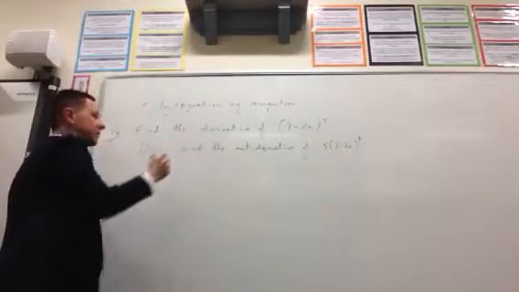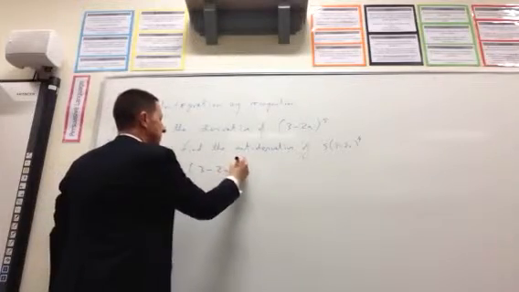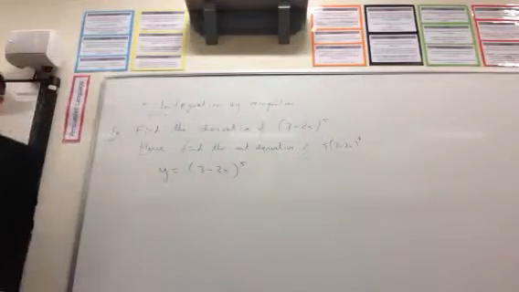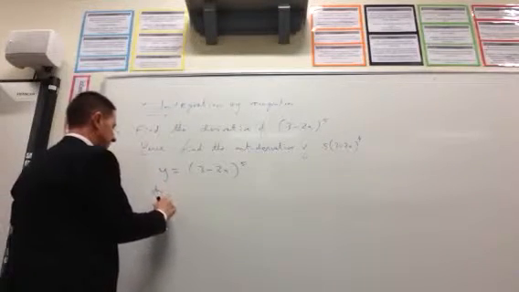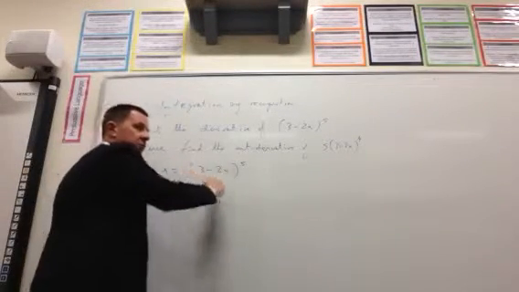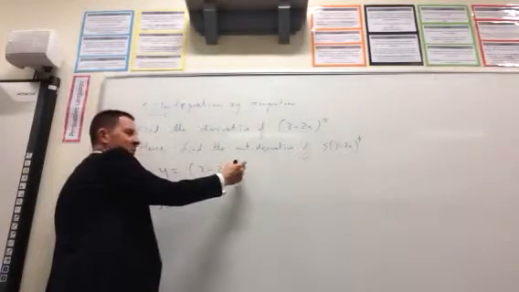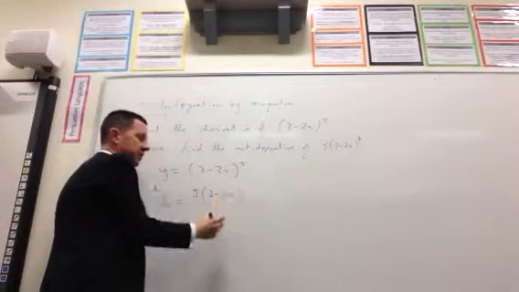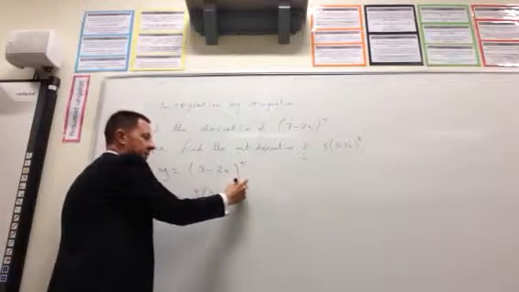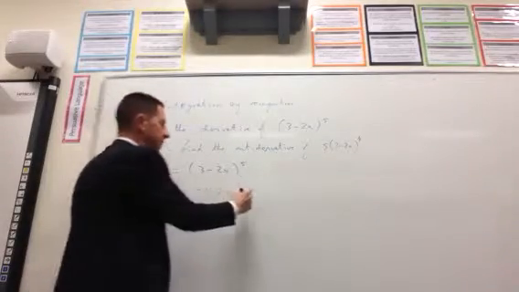First question, find the derivative of that. So if you've got y equals (3 minus 2x) to the power of 5, we wish to find the derivative. dy/dx is, using chain rule, it's been 2 weeks, I don't know if you remember anything, I'm hoping we do. 5 goes to the front, (3 minus 2x), take 1 away, that becomes 4, multiply by the derivative inside,